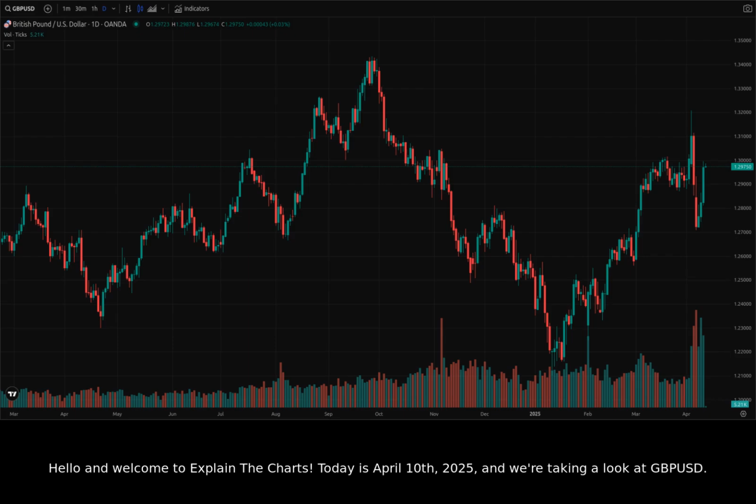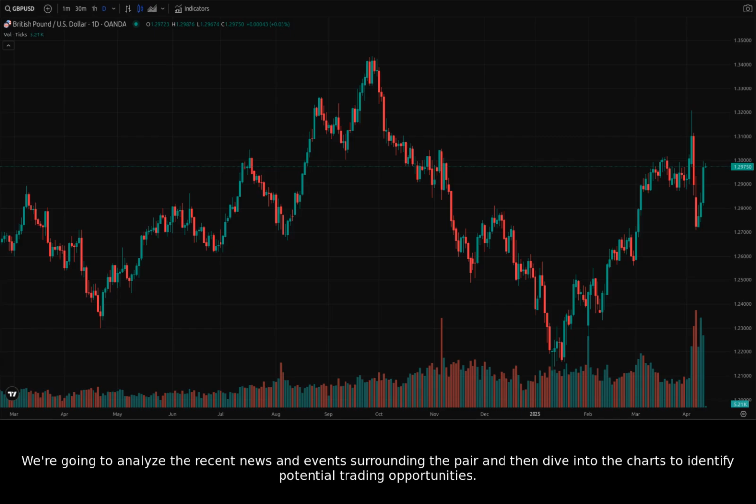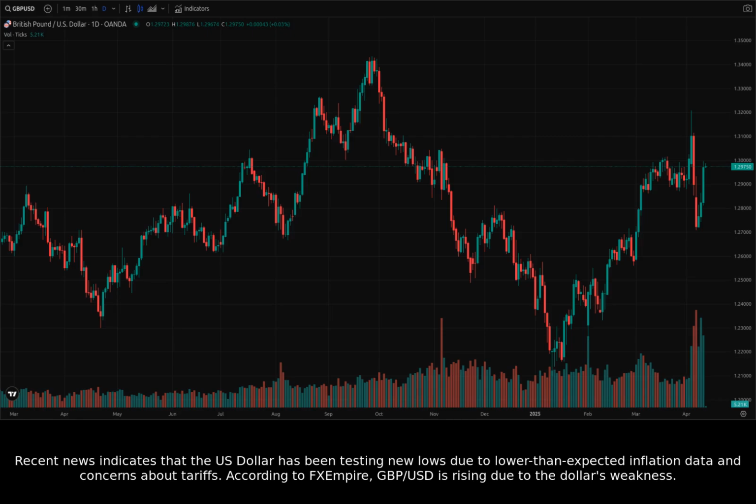Today is April 10th, 2025, and we're taking a look at GBPUSD. We're going to analyze the recent news and events surrounding the pair and then dive into the charts to identify potential trading opportunities. Recent news indicates that the US dollar has been testing new lows due to lower-than-expected inflation data